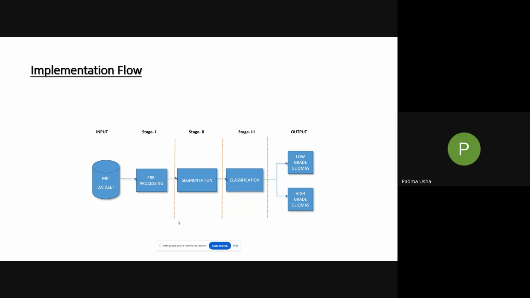Okay, sir. Is it necessary to use the ground truth image, sir? Because the data has to be obtained from hospitals, no, sir. No, no. For research purposes, for publication of a research paper, it is not required to use the real data. But if you really want to develop a model, I have filed a patent on this. If that patent is granted, then we can do the commercialization. If we are doing the patenting, then it is required to go for the real data. Okay, sir. Thank you, sir. Thank you.